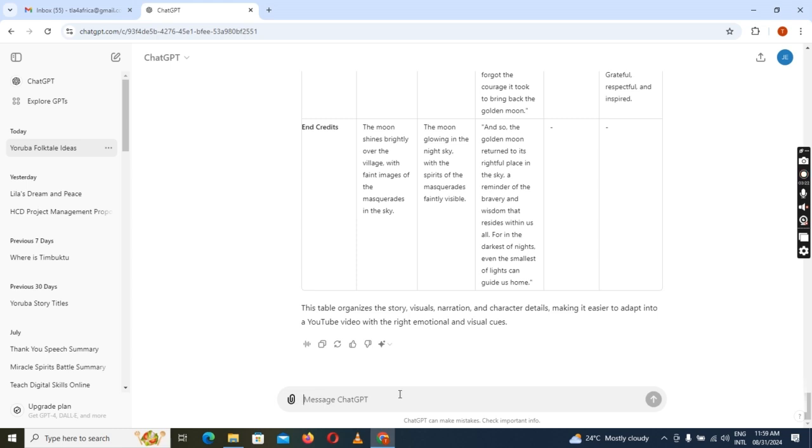Give ChatGPT your detailed description of how you want your story to be, if you have any idea of how you want it to be. But if you don't have any idea, you just need a story, this is fine. You can just use this, and trust me, once you use this, by the time you finish,